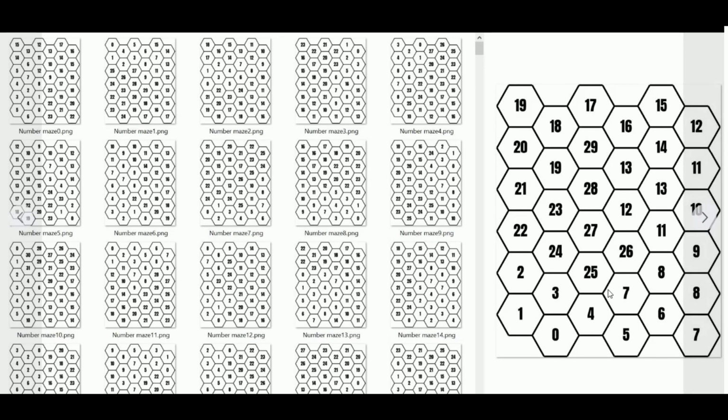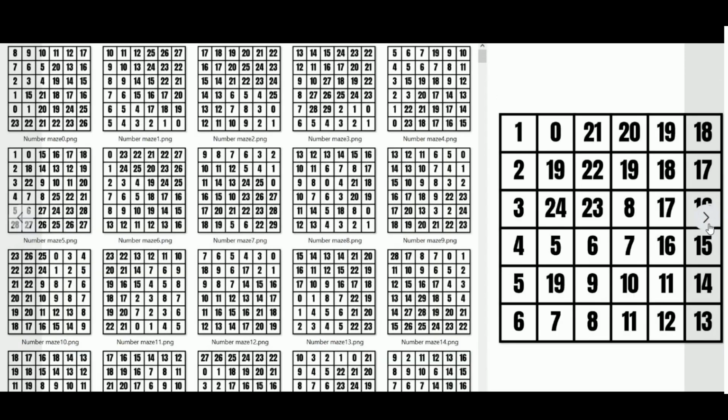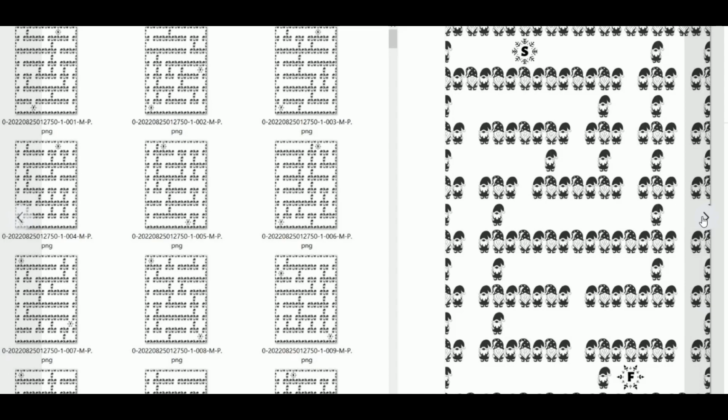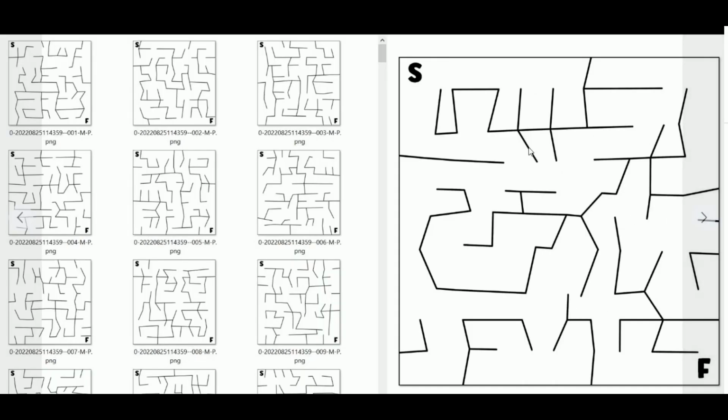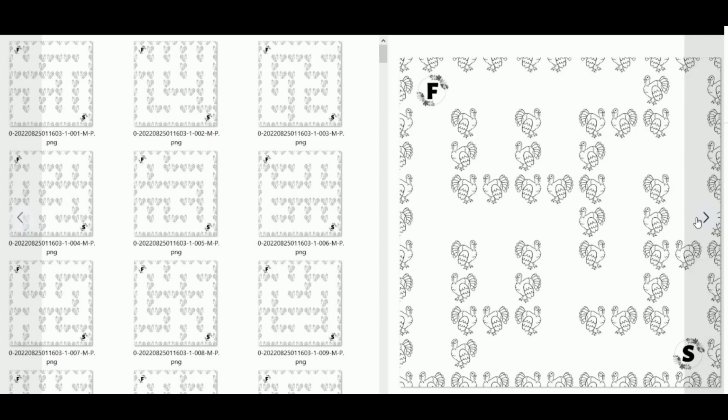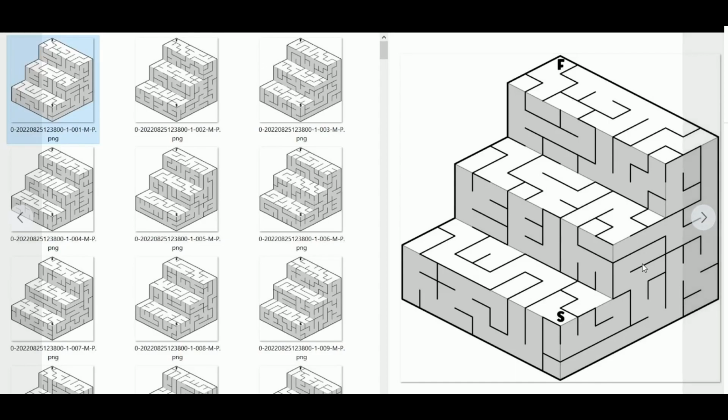And then you have number mazes. So I included the beehive type and the straight one. You have bridge mazes, and you have cats. This is one of my latest collections. So cat mazes, gnome mazes for Christmas, and then you have this weird maze. I don't know how to name this. It's just a weird maze. And you have this one for Christmas, so Christmas tree and reindeers inside. So I covered most of the holidays that are coming in Q4. So of course you have Thanksgiving, you have the turkey maze, you have the generic ones, so staircase,